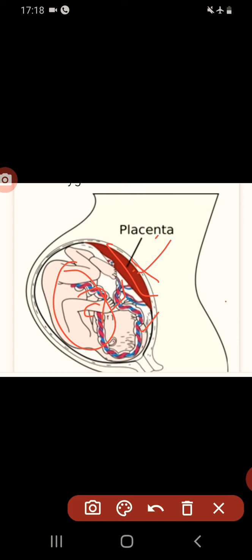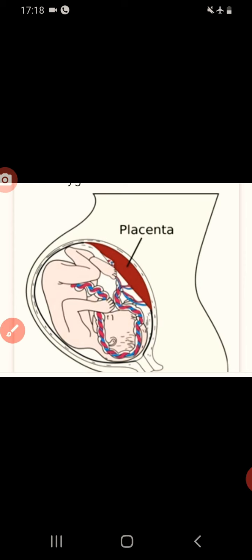Students, the placenta also has very thin walls and a large number of blood vessels, which makes this exchange easier. The complete development of the fetus from the initial stage of conception till the birth of the young one is known as gestation. It is also termed pregnancy, and the gestation period in human beings is about 280 days.